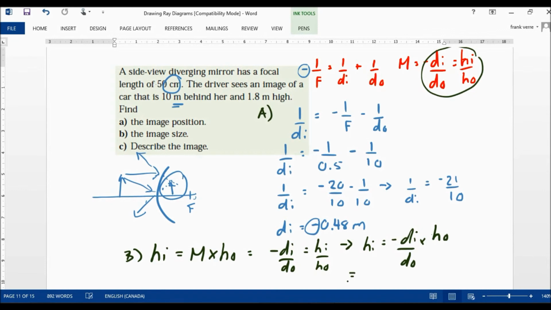So when we do that, we get negative times a negative 0.48 over the object distance, which is 10, times the object height, which is 1.8, and we get for hi the following: